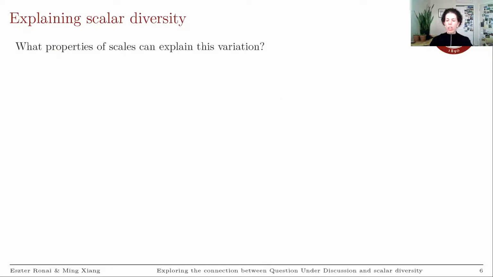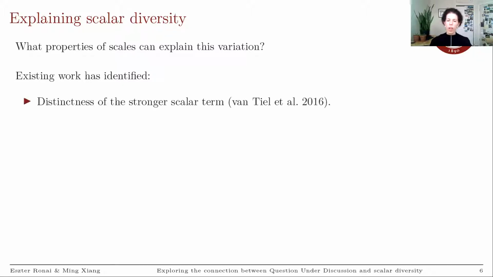Given this, the research question becomes, can we explain this variation in SI rates? Can we explain scalar diversity? In particular, can we identify some properties of scales that predict and explain this variation? Existing work has indeed identified some such properties of scales. For instance, Van Tiel et al. have found that the distinctness of the stronger scalar term contributes significantly to scalar diversity. And they define the distinctness of the stronger scalar term as,